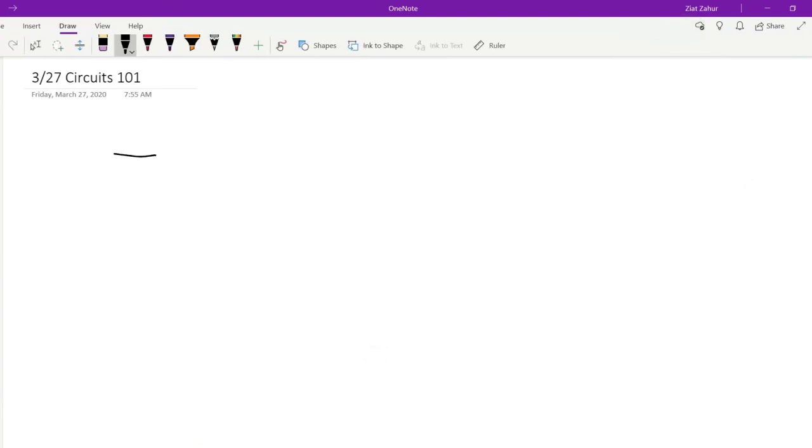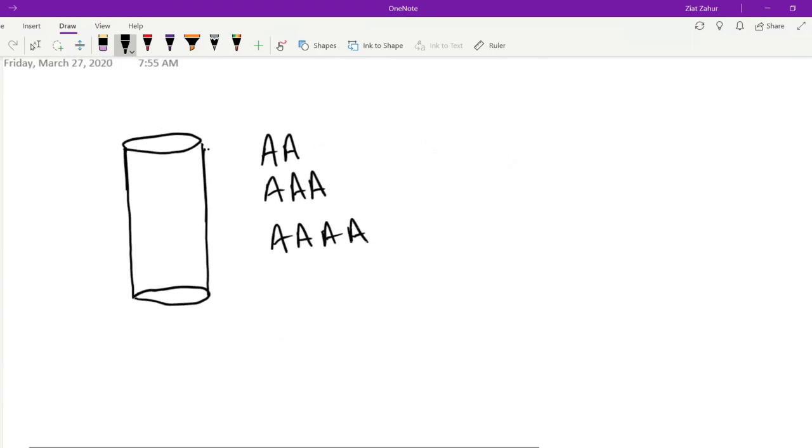Let's go to our drawing view. Now when you draw a battery, recall that batteries are typically cylindrical in shape, technically based on what type of battery you use, of course. But the ones that you normally use, like the AA, the AAA, even the quadruple A battery that you have in your stylus, have the same shape, essentially a cylinder, and then there's this little dimple thing at the top, and then the bottom is nice and flat.